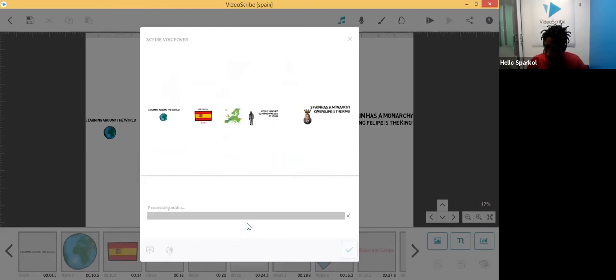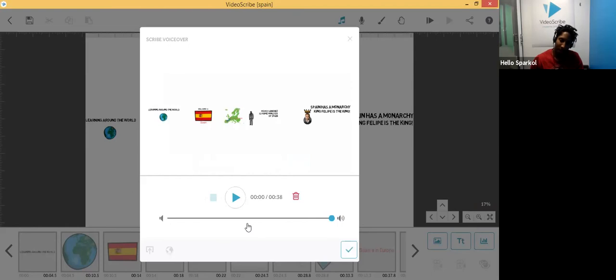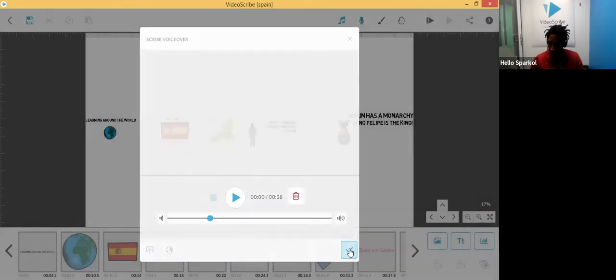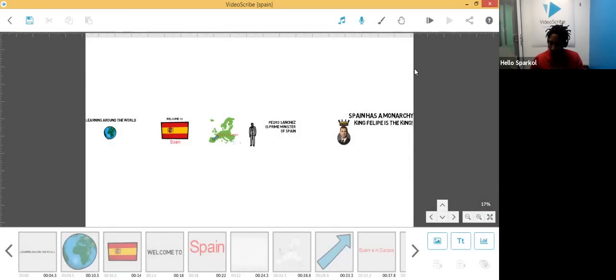And we'll stop back there. That'll be enough for now of a beautiful voiceover. So whilst that processes, what you'll be able to do is to play that back. It's mainly to hear how it sounds. One thing to note is that when you're playing it back at this point, it is just for hearing the volume. So you can change the volume here, but it's going to be in sync once it's added onto that project. So we'll click on the tick, and then if we play it back,